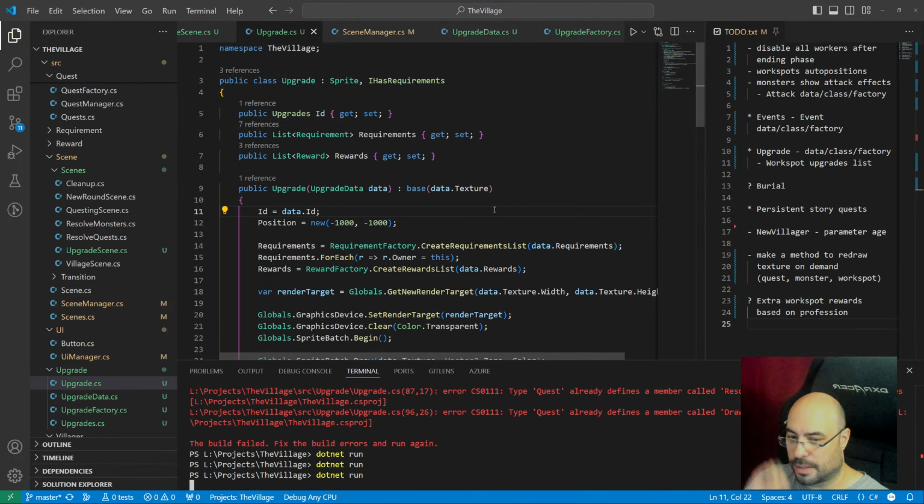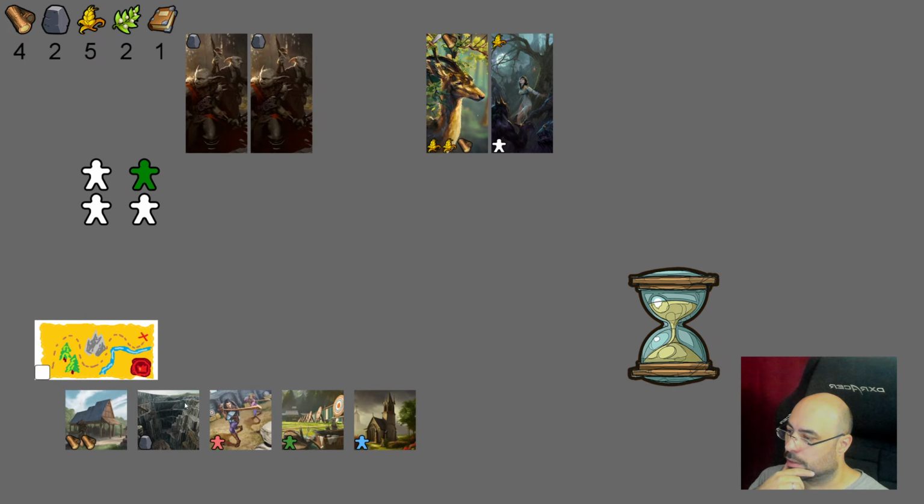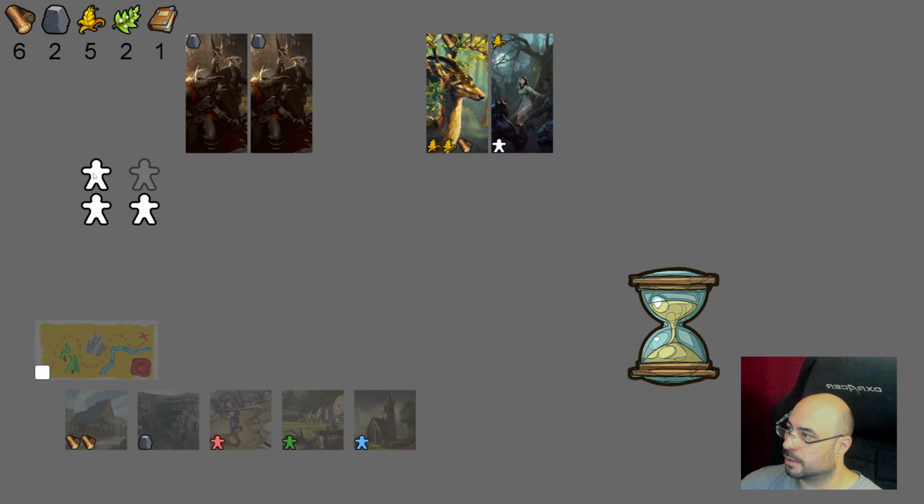let me start the game again so we can take a look. Like, that's a work spot. Actually not the best. There. It's a work spot. Right, when you send a worker there, it's gonna produce 2 wood. I've got 4. It's gonna work there. Now I've got 6. Now, when entering the